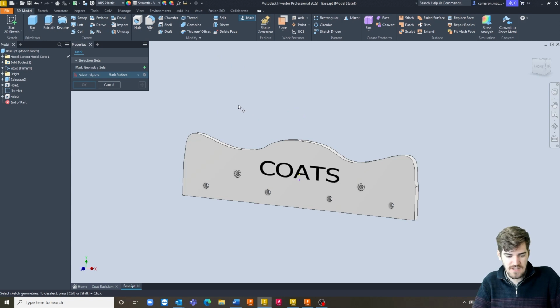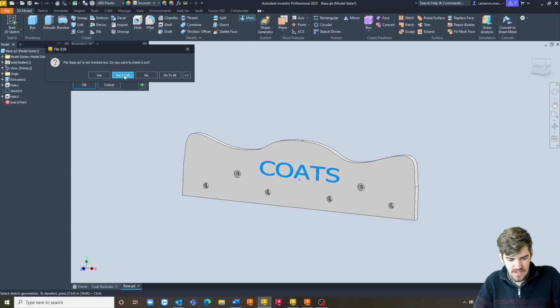And it's really a simple tool to use. So we've got the ability to either mark a particular surface or mark through, which will go right through the entire part as a whole. So if I use mark surface, I can click on this text. It's just a text field that I've got, or inside of a sketch rather. So I've got a bit of text on a sketch that's on top of that surface. And I can just choose whether I want to mark the surface or mark through. If I select mark surface and hit OK on there,